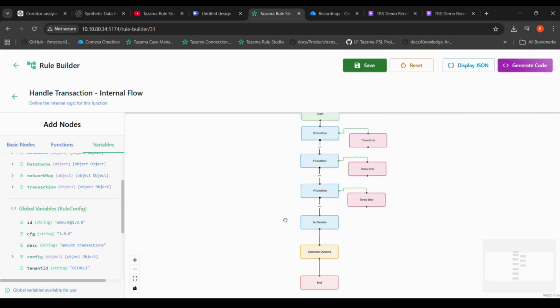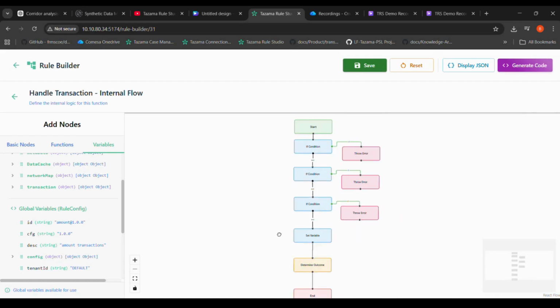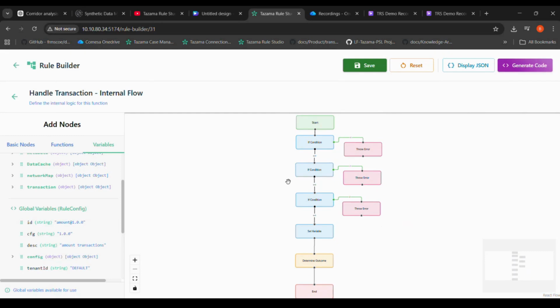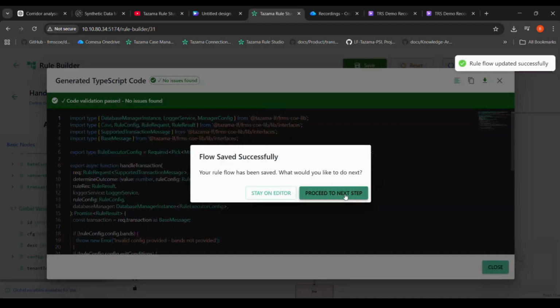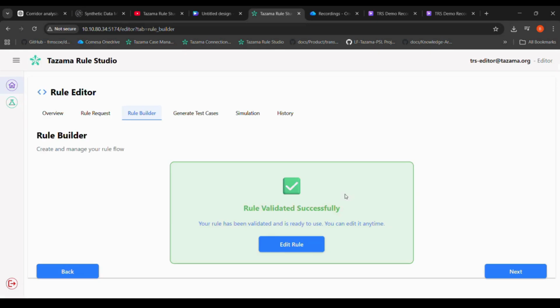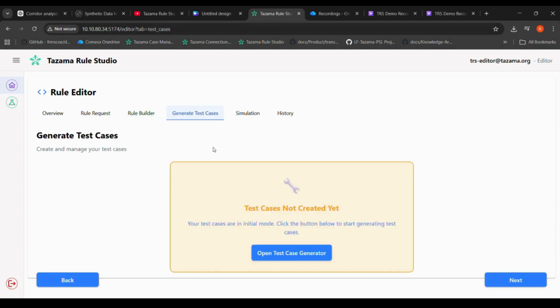And as you can see, we have very easily created a simple rule. What I'm going to do here now is I am just going to save this, and I'm going to proceed to the next step. Yeah, so now you can see that the message has changed. It says rule validated successfully, and now I'm just going to click on next,